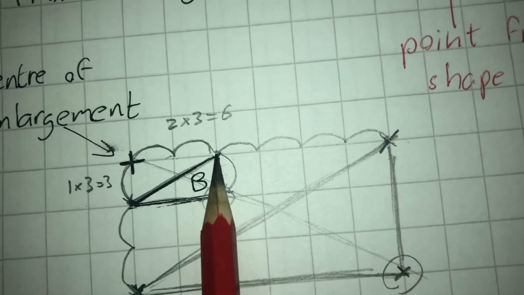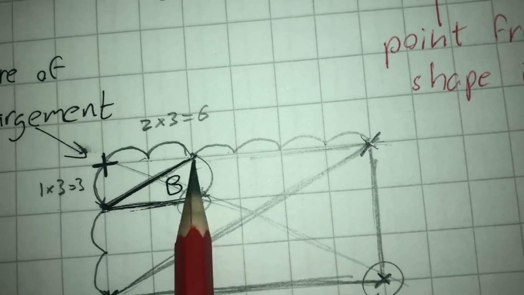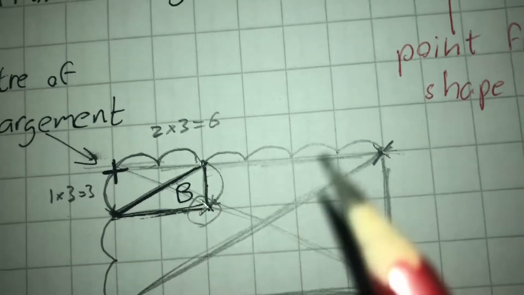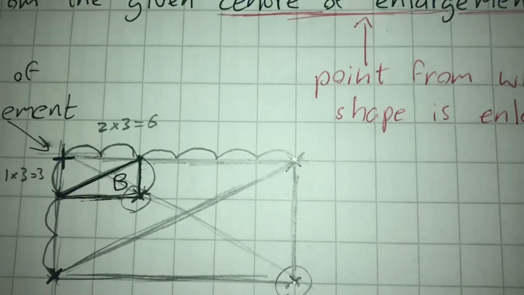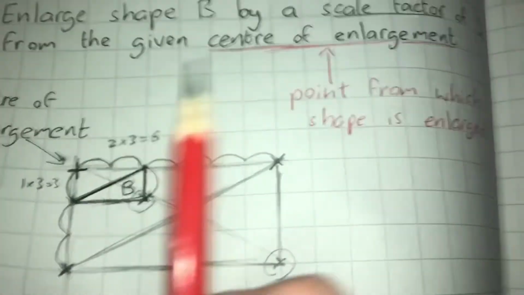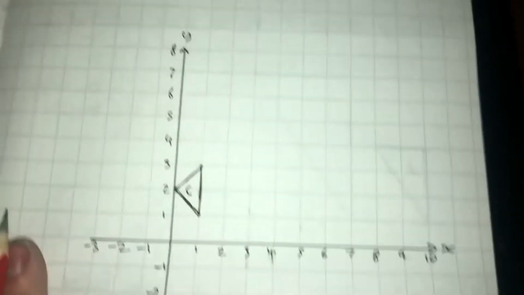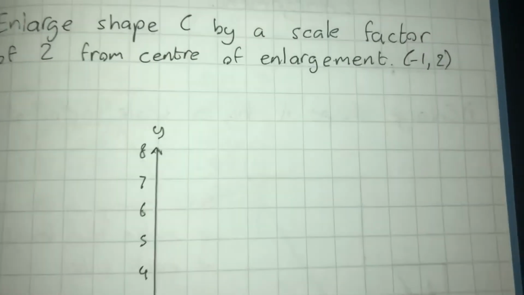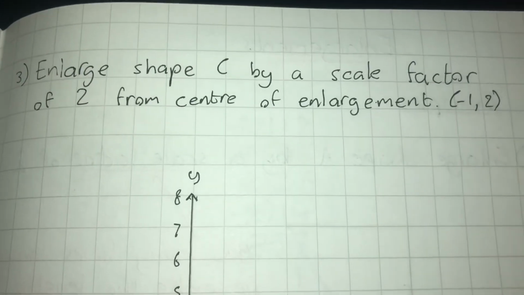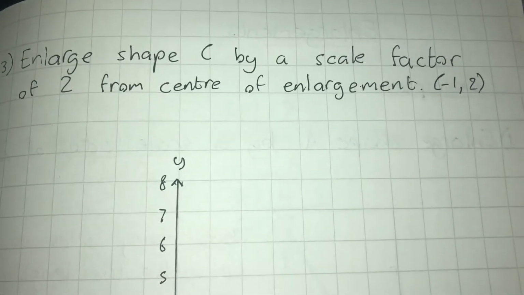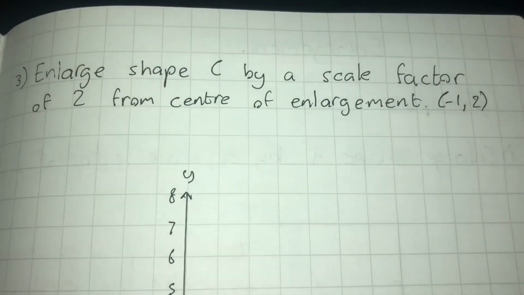That works for any point. So let's say the top right in each, in the original, and again through there. That's how I know that's actually in the right position. Okay, our third and final example, again dealing with enlargement. This time the only difference is we have to plot our centre of enlargement as a coordinate, and that's very easy to do. I've already made a video that you can have a look at in terms of